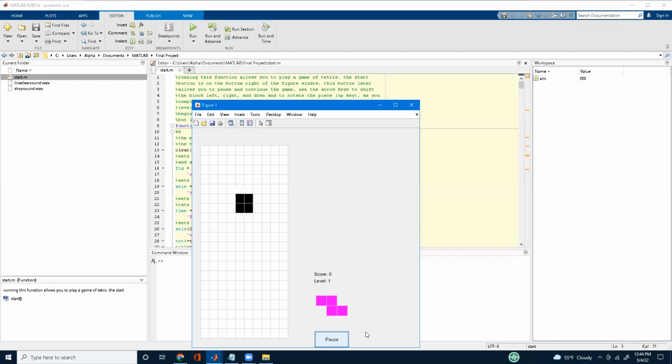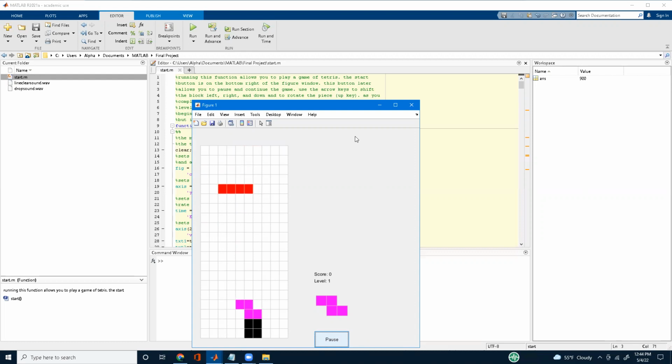The pieces are falling based on a timer, and we can use the left and right buttons to shift the piece. You can also shift it down using the down key, and when it hits the bottom, you hear the piece has been dropped, and you get an audio cue. We can see that pieces can be placed on top of each other,